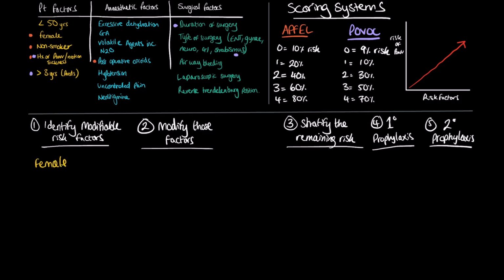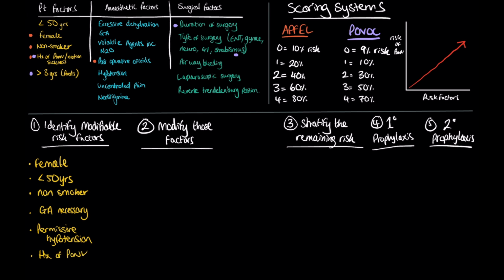In Mary, these would be the fact that she's female, less than 50, she's a non-smoker, and she's got a history of post-operative nausea and vomiting. You also anticipate that the procedure is going to be painful, and so you'll need some post-operative opioids for analgesia. Therefore, she scores fully on the Apfel score, but she also has additional risk factors, namely the type of surgery,